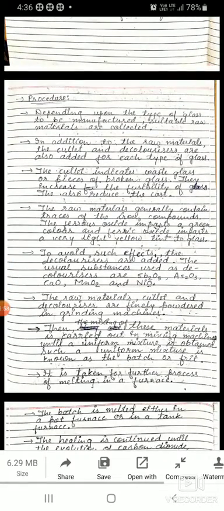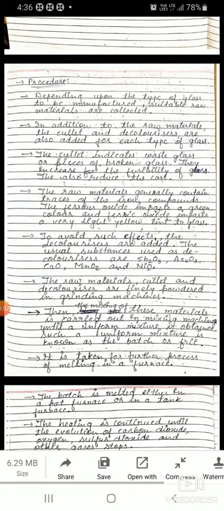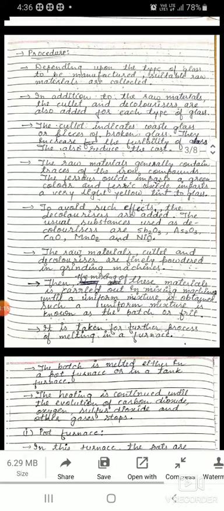Depending upon the type of glass to be manufactured, suitable raw materials are collected. In addition to the raw materials, the cullet and the decolorizers are also added for each type of glass. The cullet indicates waste glass or pieces of broken glass.